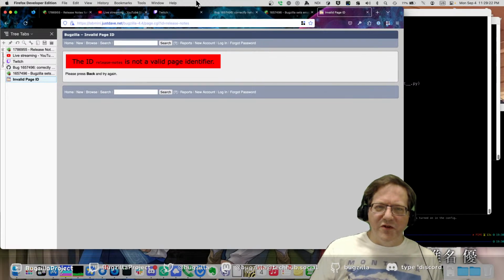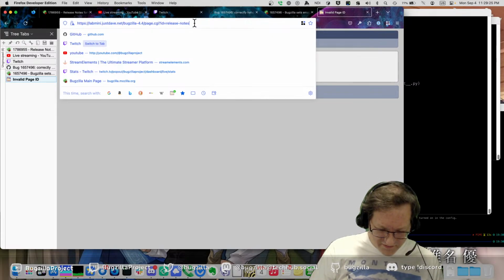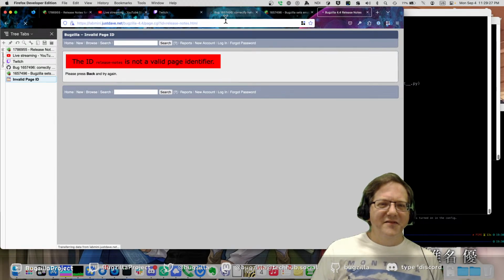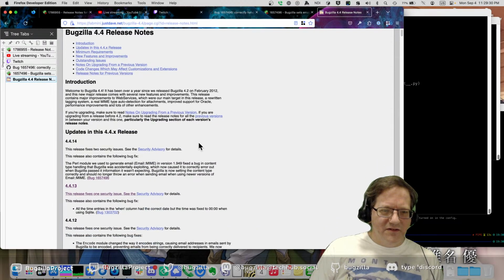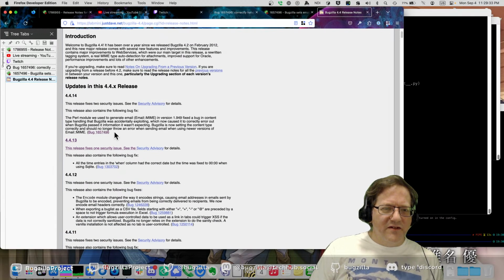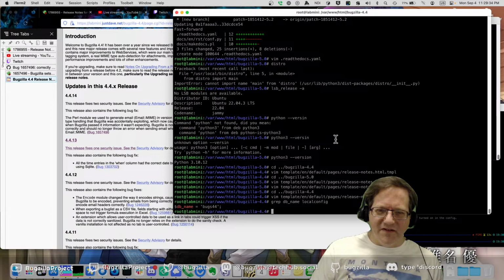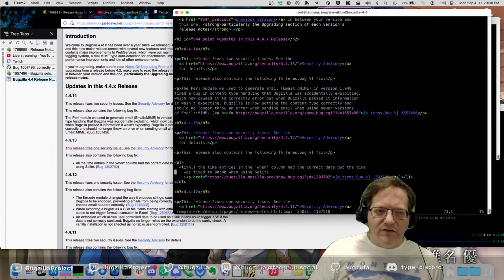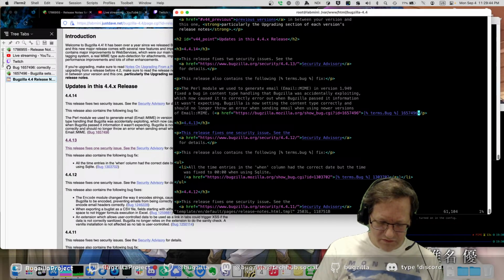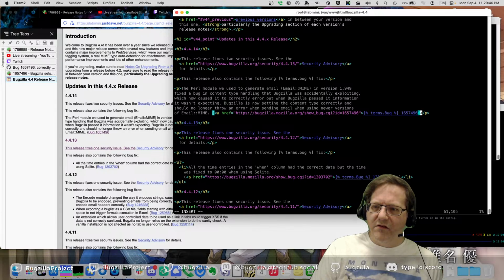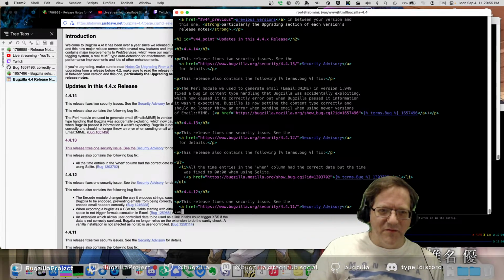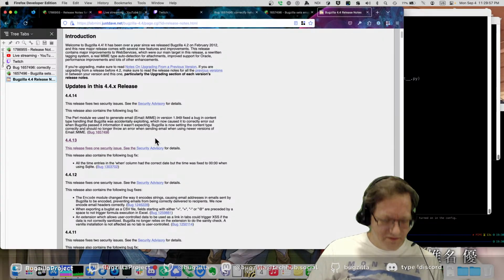Release notes is not, oh, I gotta put the type on the end of it, that's right. .html. There we go. So there's what it looks like. Oh, I need a closing parenthesis. Where was that? Up here. And a closing link. Close the A tag. That was a nice thing to leave out. I'm surprised that didn't screw up the rest of the file or display here. There we go. There's our closing.